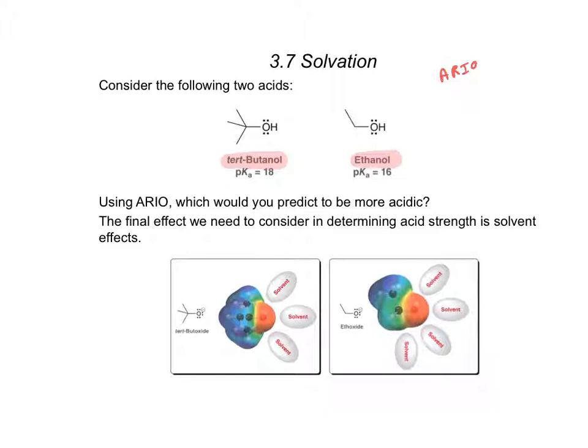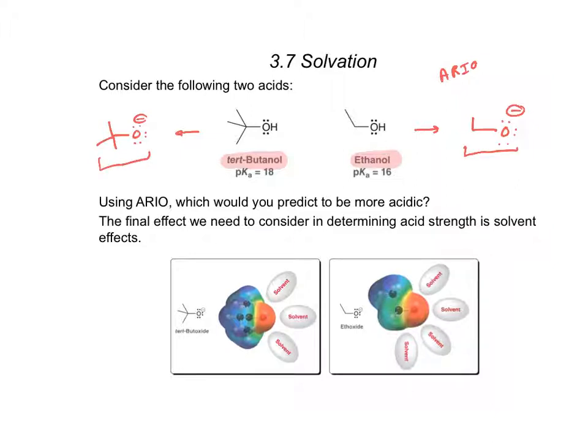Now, if I wanted to compare these guys and figure out who is the stronger acid without looking at the pKa's, I would deprotonate both, so I'd take a proton off of both, and I would look at their conjugate bases, right? So for ethanol, we would be left with this guy with the negative charge on oxygen, and then for tert-butanol, we would be left with this guy where the negative charge is on oxygen, okay? Now, again, the more stable the conjugate base, the stronger the acid. If I'm comparing these conjugate bases,